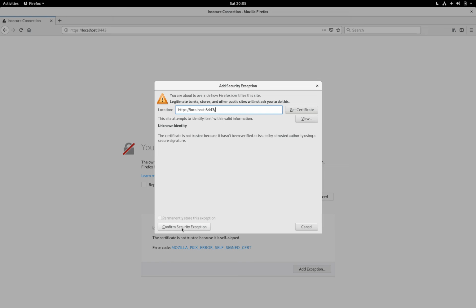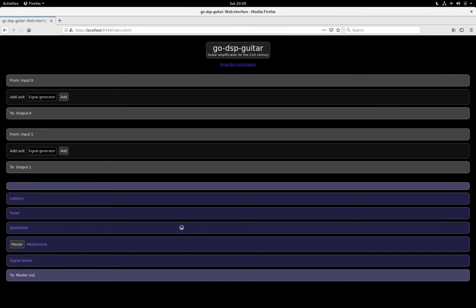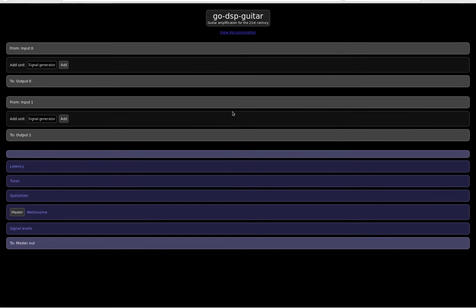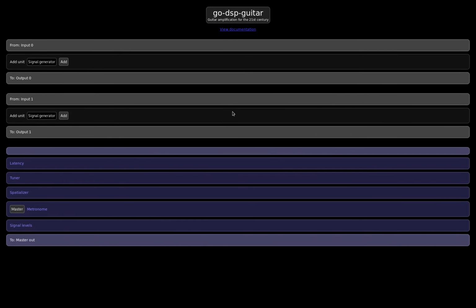So there's no security risk in accepting this certificate, because we only make a connection to our local computer. Remember, we don't do anything with the internet. We just connect to the go-dsp-guitar service that is running locally on our machine. So there's no risk involved. We can press F11 to put the web browser into full screen mode, and now we basically have the